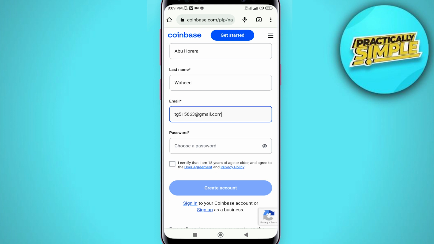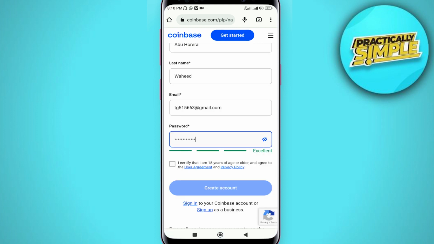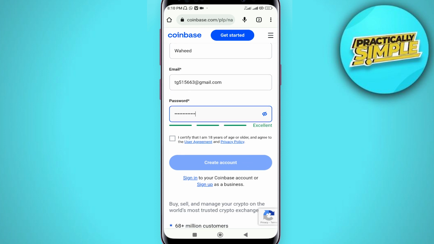So you have to choose a strong password, like you have to choose strong words in your password. So let me choose my password here, and as you can see I have set the password, and as you can see here it's excellent. So you have to choose a strong password until it says excellent, and then you have to check this: